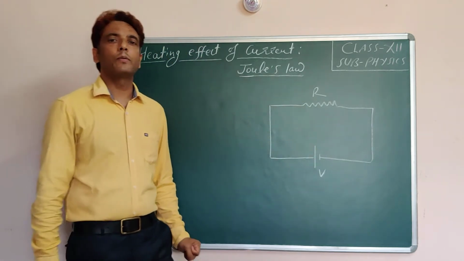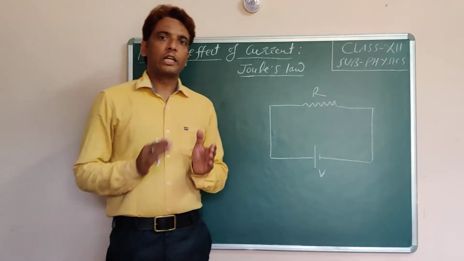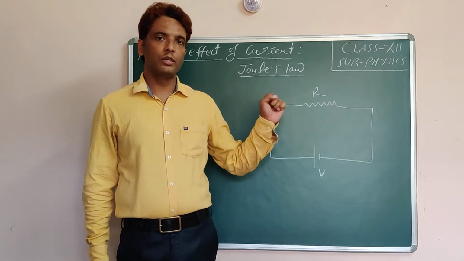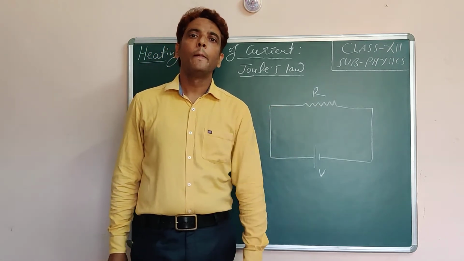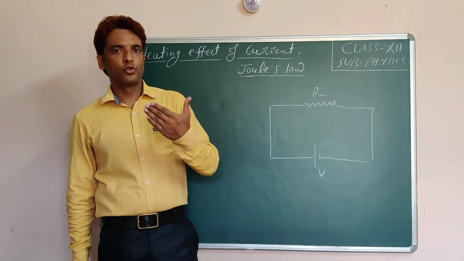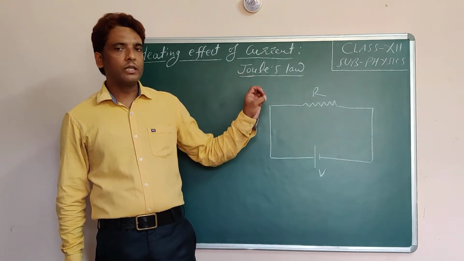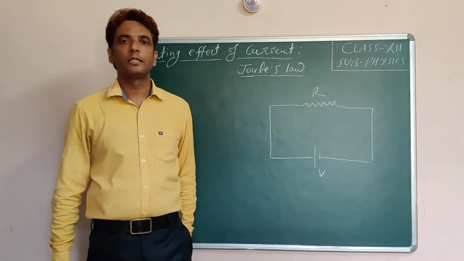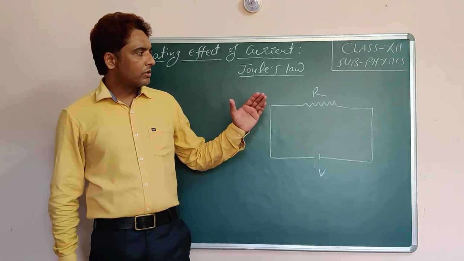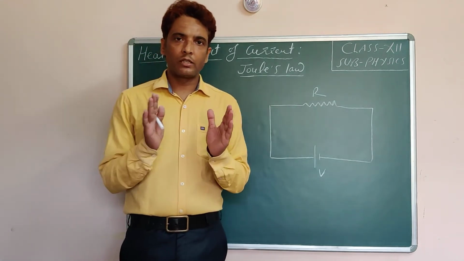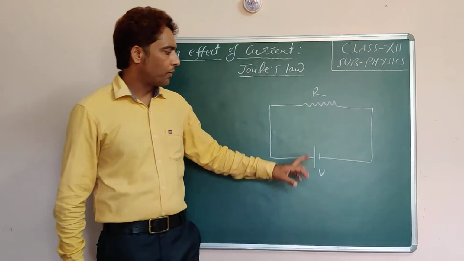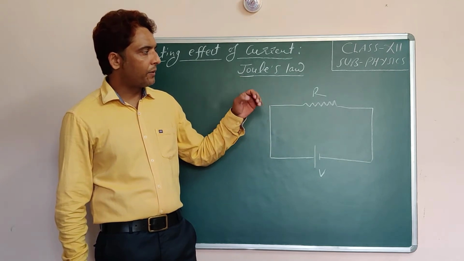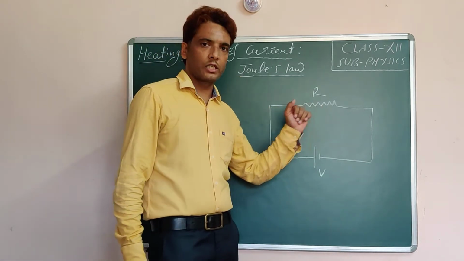When potential difference is applied across a conductor, an electric field is set up, as a result of which electrons attain some constant velocity, which is known as drift velocity. Means in addition to thermal motion, electrons gain some other kinetic energy when potential difference is applied across its ends. So electrons collide with the material of the conductor with more kinetic energy, and this kinetic energy appears in the form of heat in the conductor.